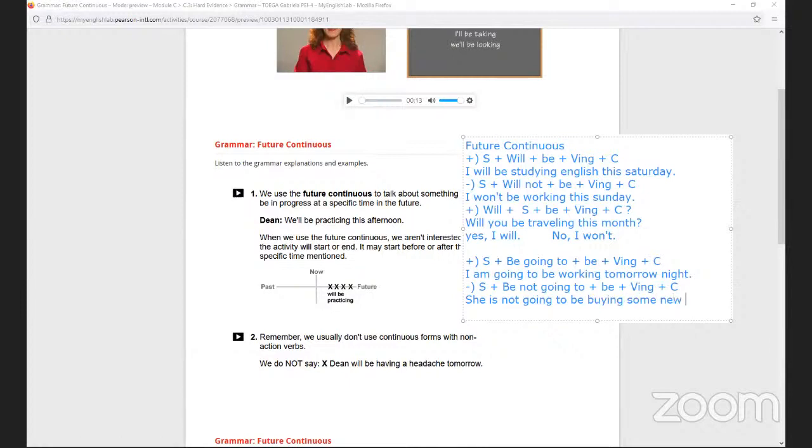Some new clothes. Okay, so the same for questions. The thing that we have to do is to put first the be, only the first be, and after, of course, the subject, right? Subject going to and there. For example,